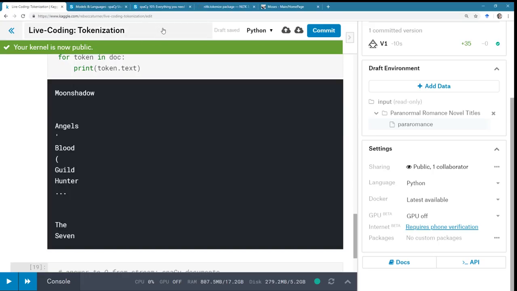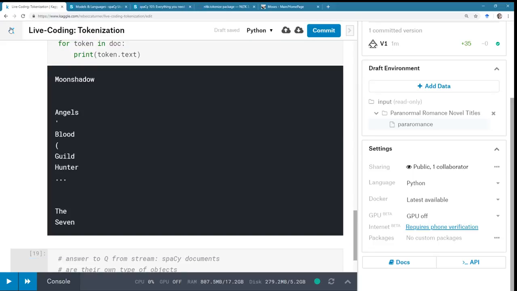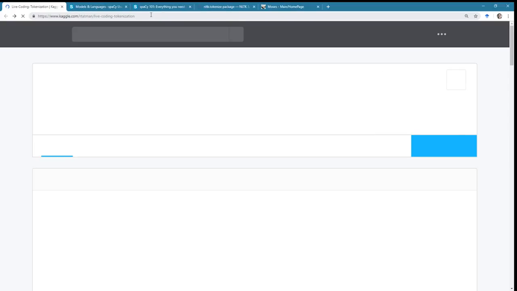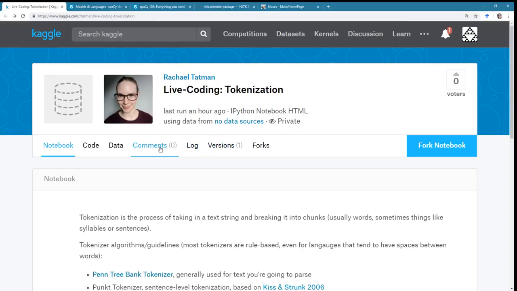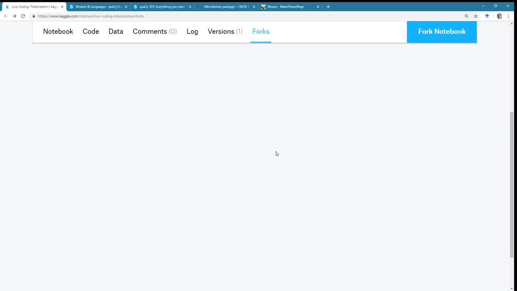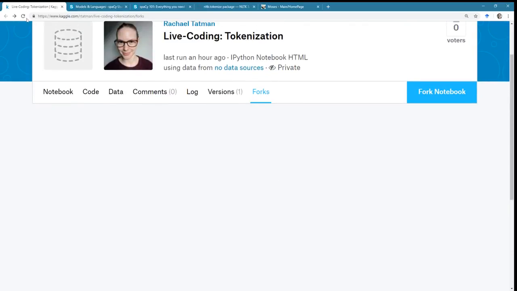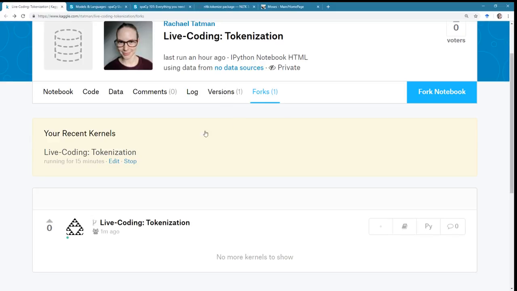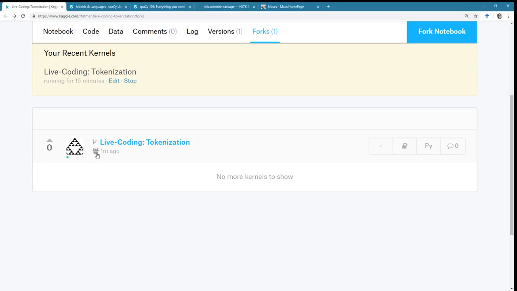So if you search for live coding tokenization on Kaggle right now, you should be able to find it. All right, let's go back to our original document, and we should be able to see the fork. I should probably reload so that my cookies reset. Excellent, and that is public.